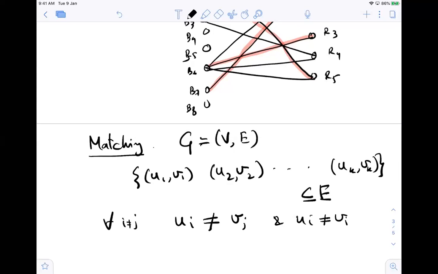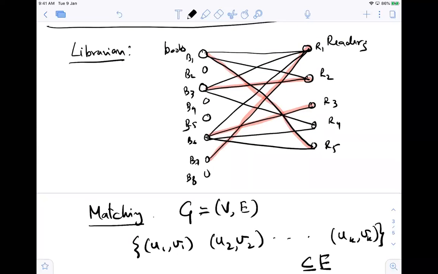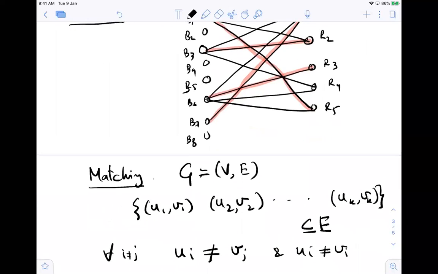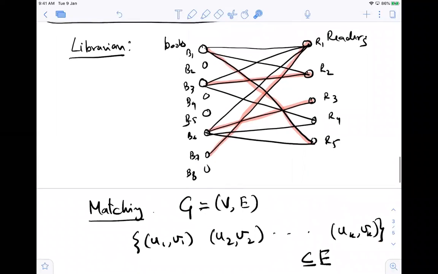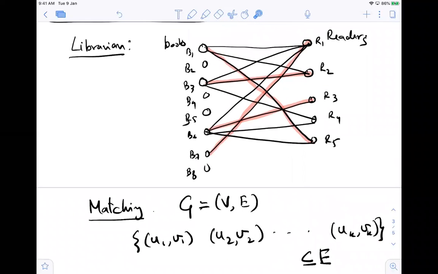In other words, no vertex should be present twice. Every vertex should have one presence only. Say for example here, the main idea is that, so there's a lot of ways of explaining this whole thing. One of them is that you can say that, oh, see,